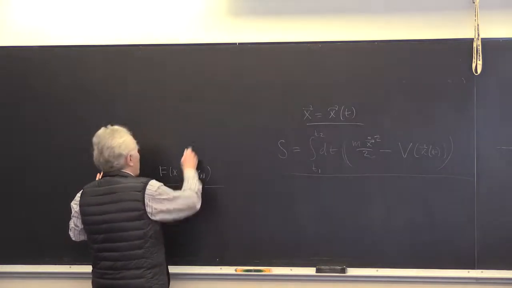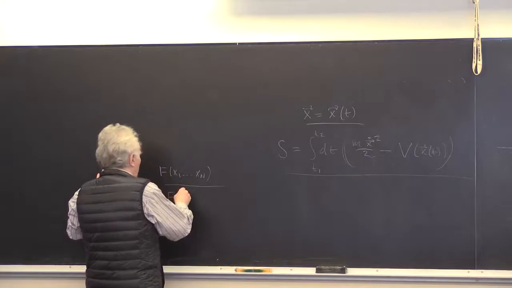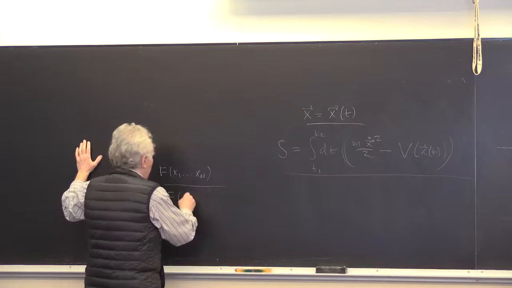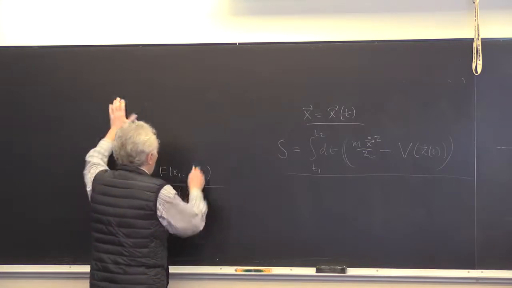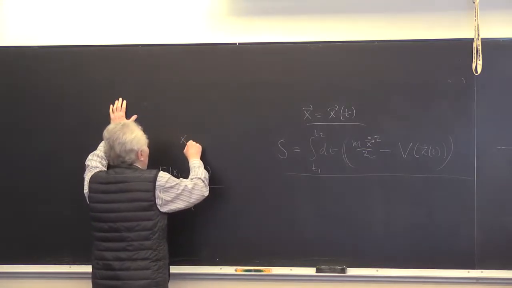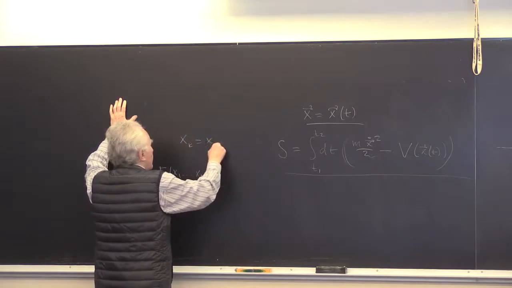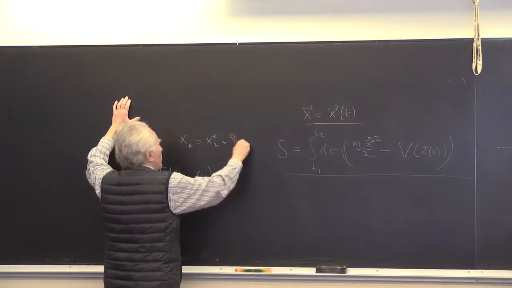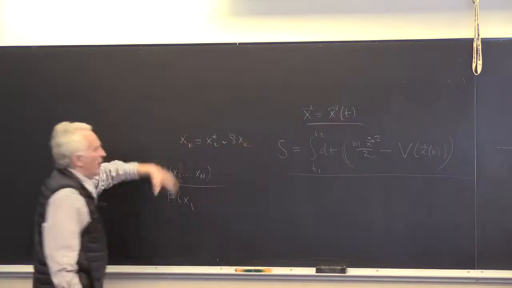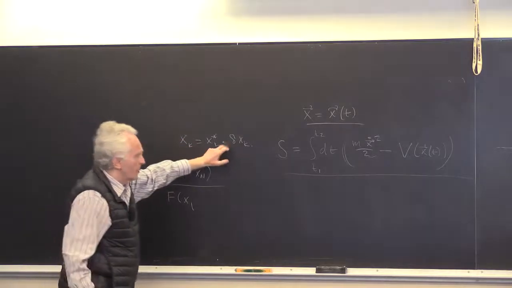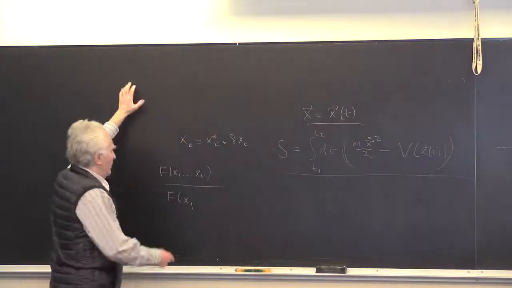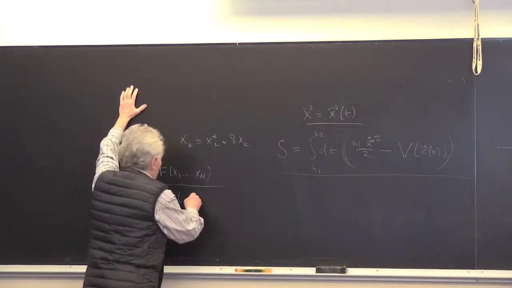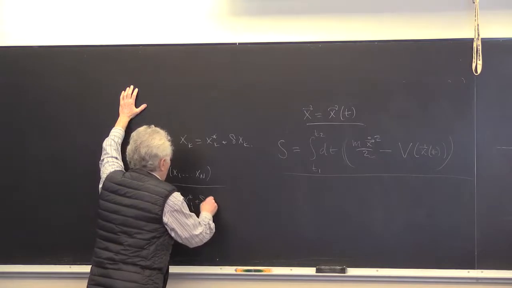Or suppose they're not small, but we looked at some particular point, and we write down xk as xk star, this fixed point, plus a small variation of xk. I gradually introduce to you convenient notations for the future discussion. So we have the function